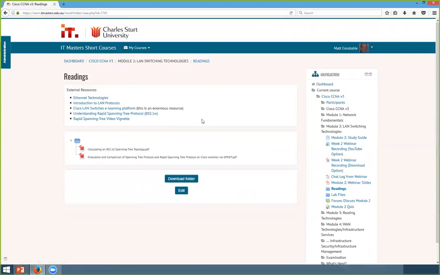But I've put up some additional readings under Module 2, LAN Switching Technologies: Understanding Rapid Spanning Tree Protocol, and a little video vignette available on YouTube that I think are useful to assist your understanding of that protocol. There's also a university study paper comparing spanning tree to rapid spanning tree protocol, pointing out the differences in the speeds at which ports change their states, the different states, and configuration issues. I definitely recommend you have a look at those when you get the time.